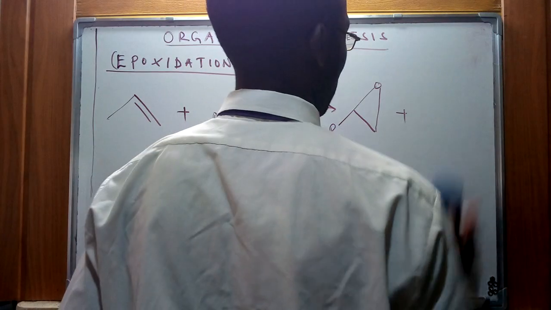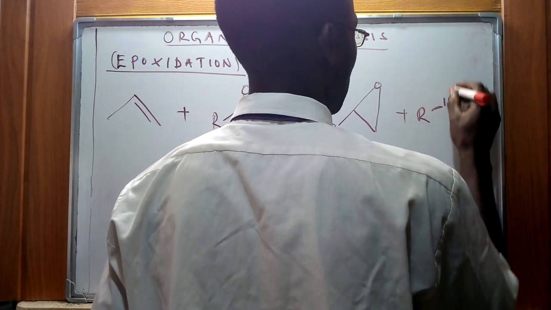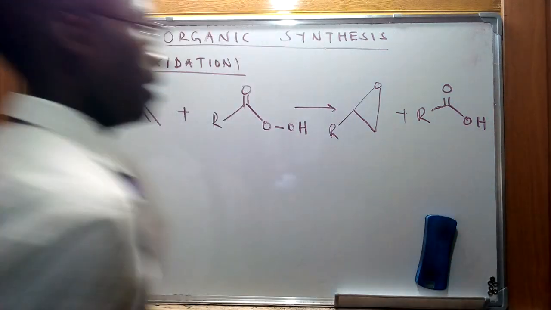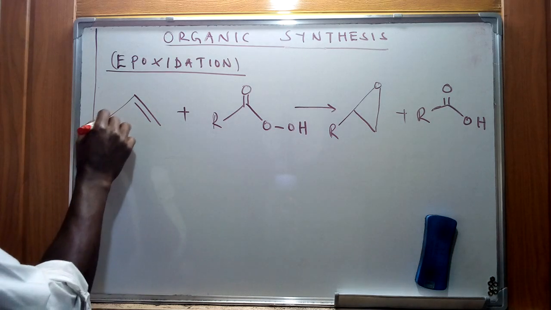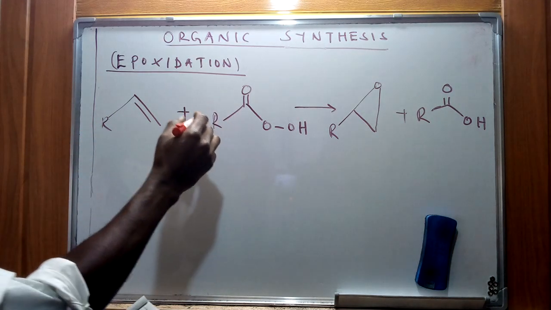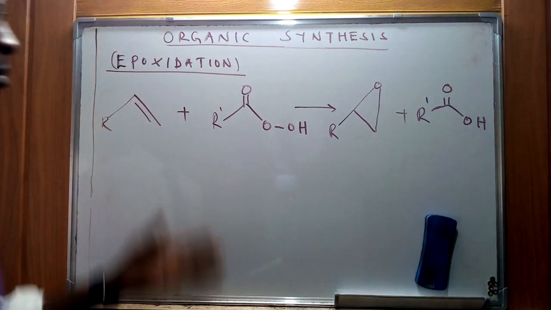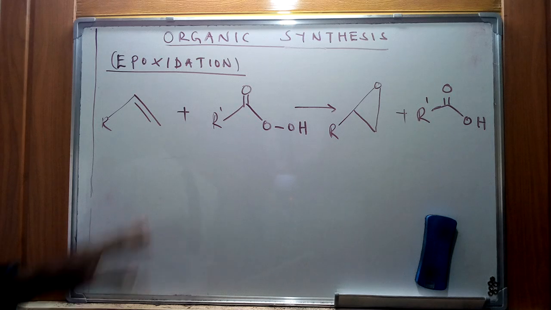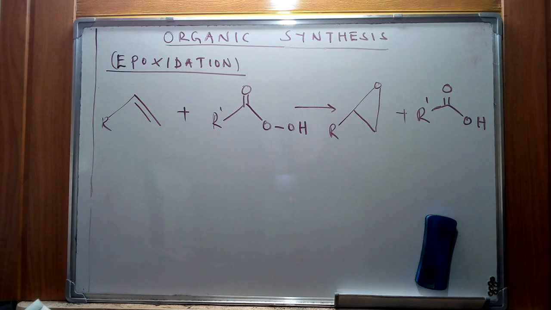And then later on we're going to see that this carboxylic acid basically is going to form what we refer to as a leaving group. We can illustrate it as such. So to create the difference between this, of course we can just have this one R prime, so that we can monitor the movement of different parts of the molecules in this specific case. So this is a general illustration for the process of epoxidation, whereby we're going to have